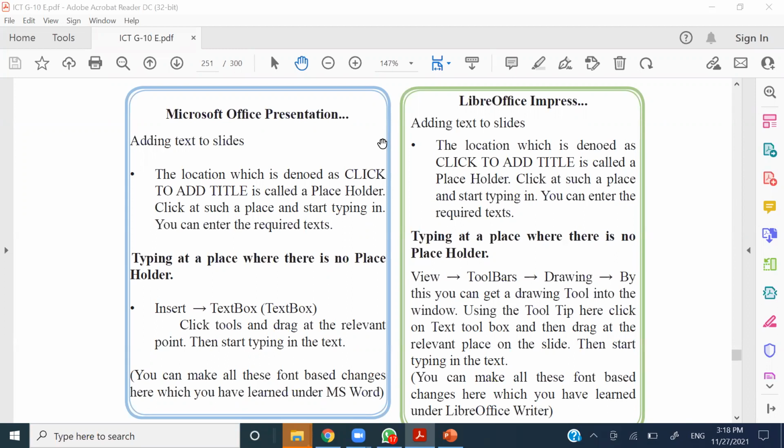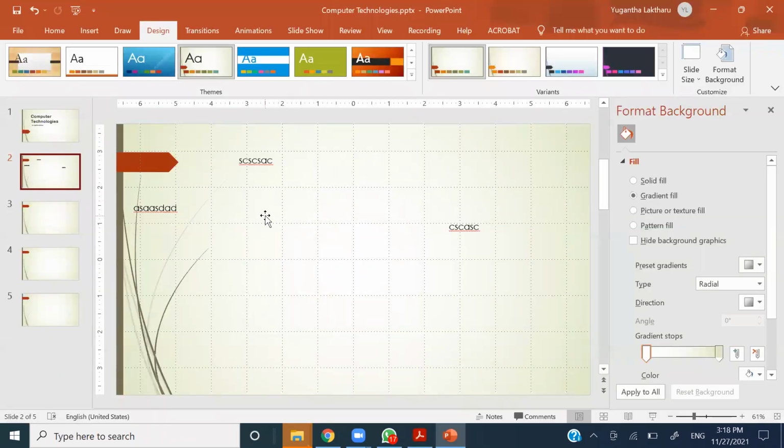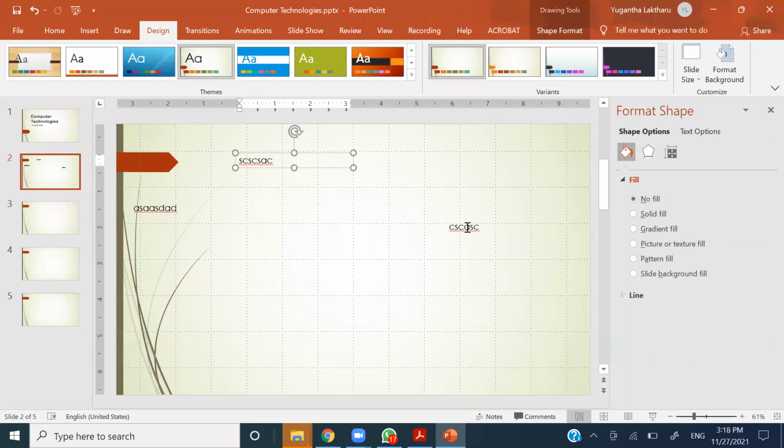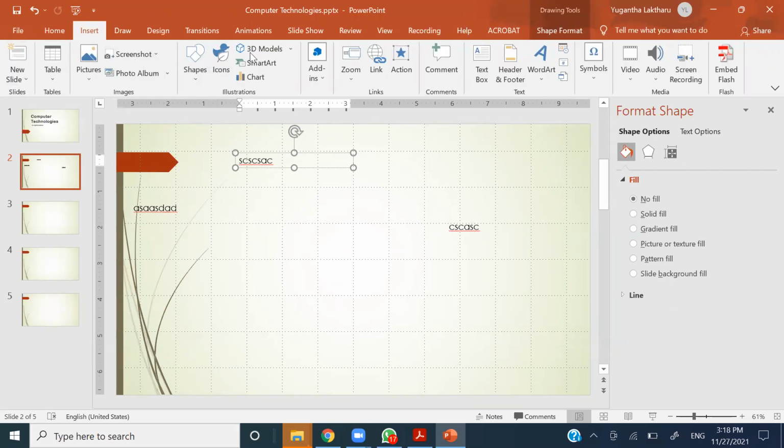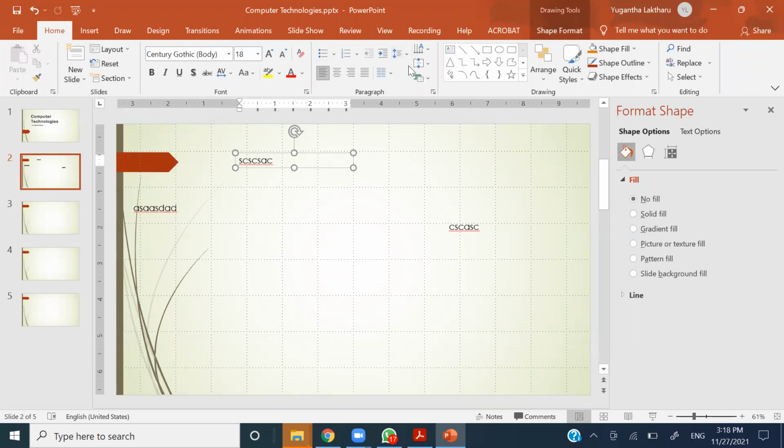Right. Yeah. Now, when you are adding a text box, we talk about how to draw the text box on a slide, right? So if you want to add something over here, so these are the little text boxes that we took, right? So likewise, we can go to the insert and take a text box from here, or we can take a text box from the home tab, right? So likewise, you can type anything you want,